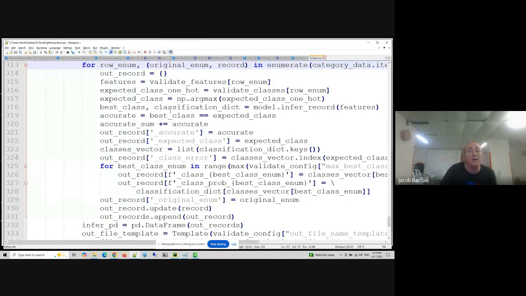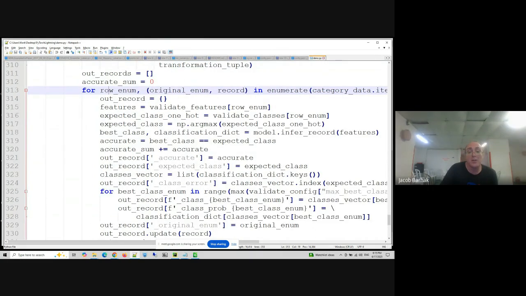Where is the calculation? So we first figure out what we expect to get, the expected class in one hot, and then later on we infer the record on the model. Remember, there was the infer record function that you wrote, and you give it the features and you see how accurate it was. If the best class is the expected class, then it's accurate.